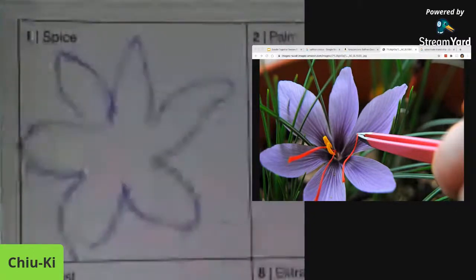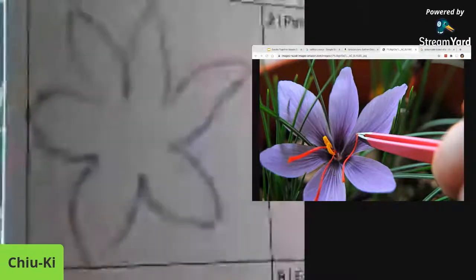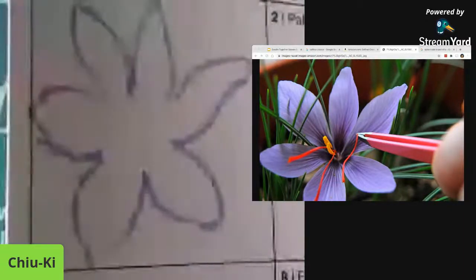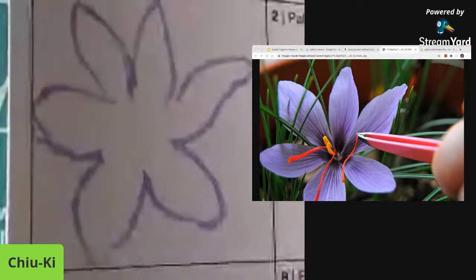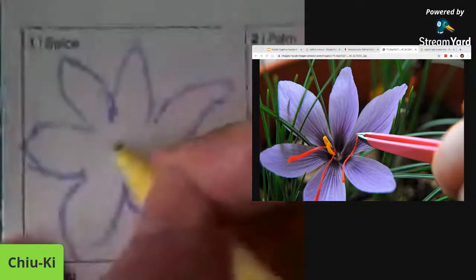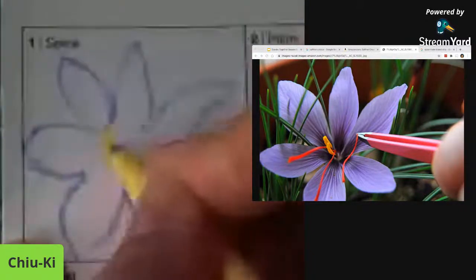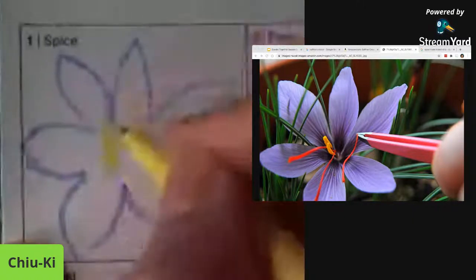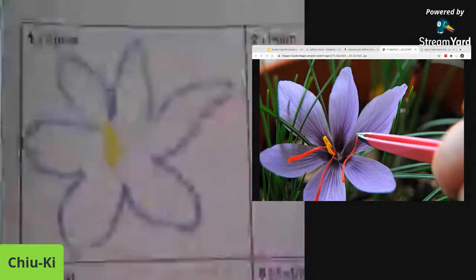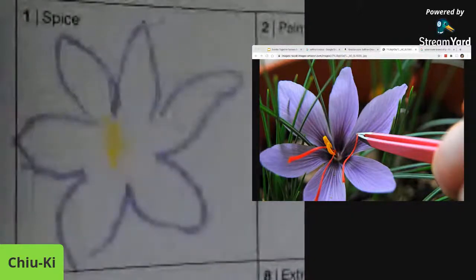What I'm going to do is the yellow bit first, because I feel like that's pretty important, and I will probably miss it if I don't do it right away. So let's do the yellow bit, which doesn't show much right now, but after I have the purple, it should show better. So the red is fine. I think red can cut through a lot. So now I'm going to